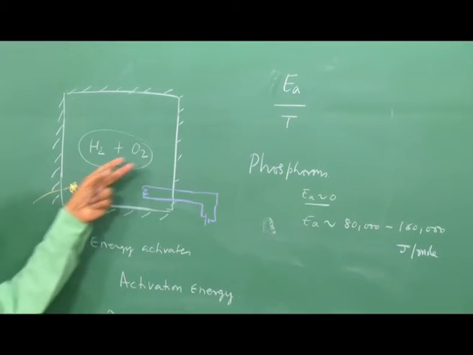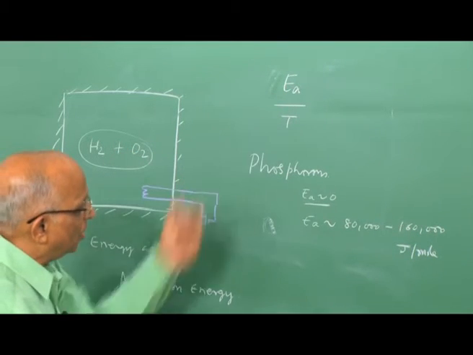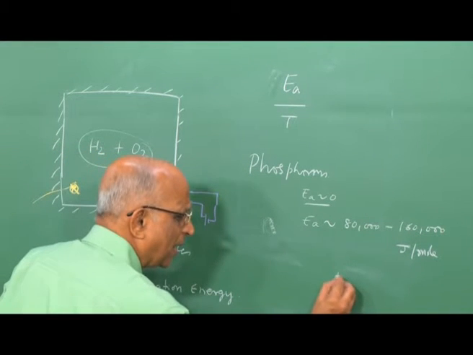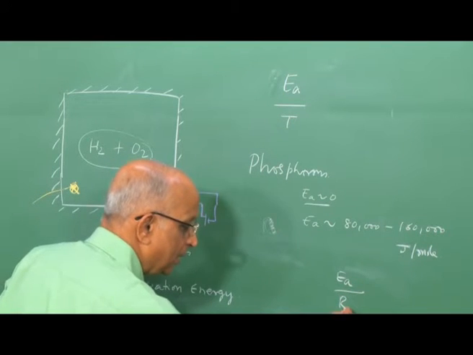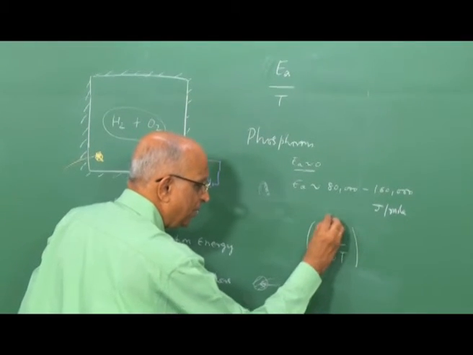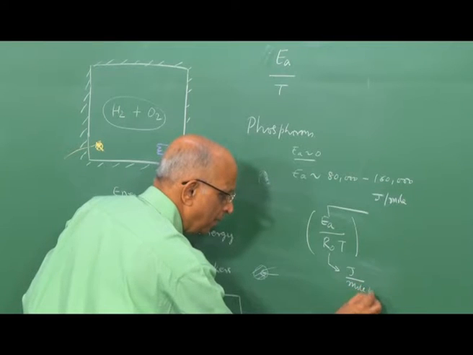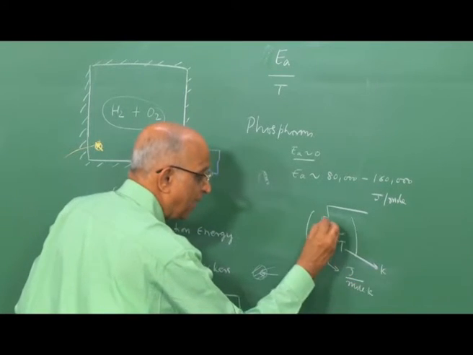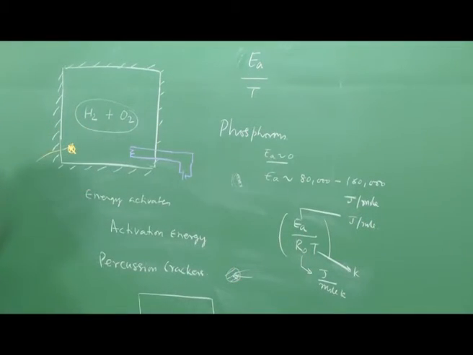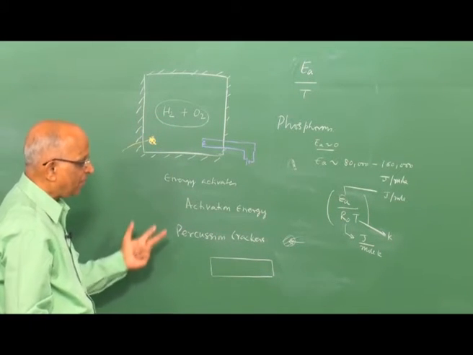We tell ourselves, as temperature increases, the reaction can go faster, so we will have to take a look at it. Therefore, I can have a term like activation energy divided by the universal gas constant R naught into temperature. If the unit of R naught is joules per mole Kelvin, the temperature has units of Kelvin, and the activation energy is also in joules per mole, this becomes a non-dimensional term, and we use it to quantify the reaction rate constant K.